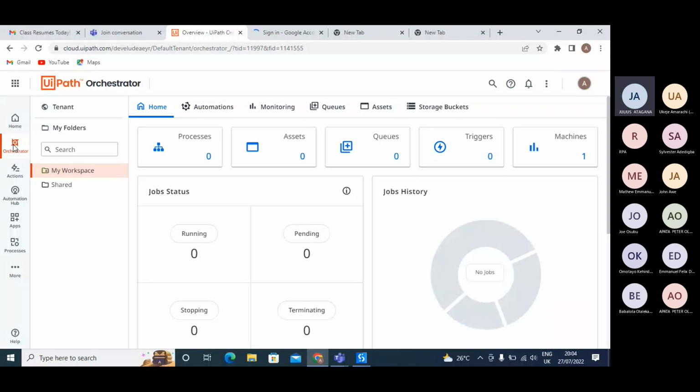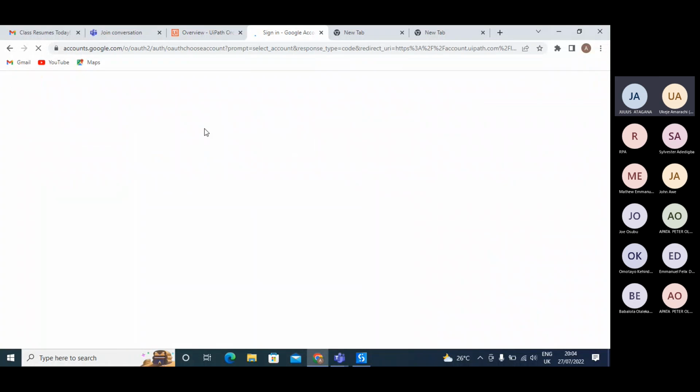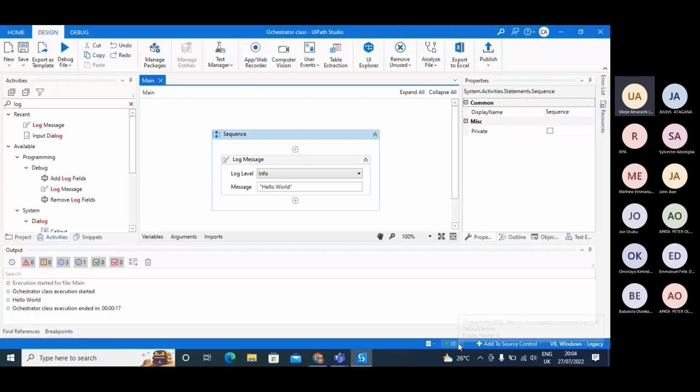It shows that you have not published any file to your orchestrator. No, these are another one. I want the orchestrator your robot is tied to. When you log into your studio, from the bottom part of your studio, you see which orchestrator you are tied to. Yeah, it's this one, the second one.